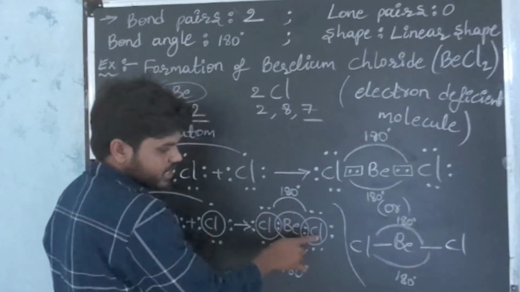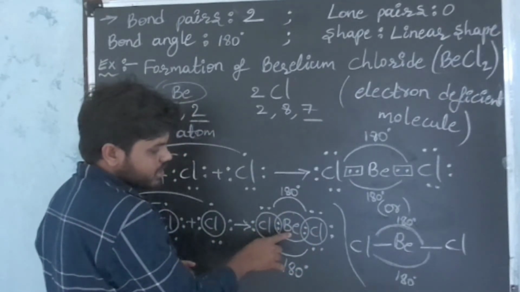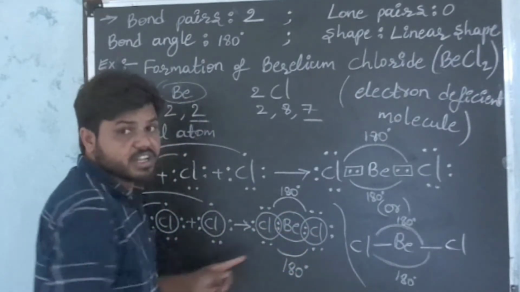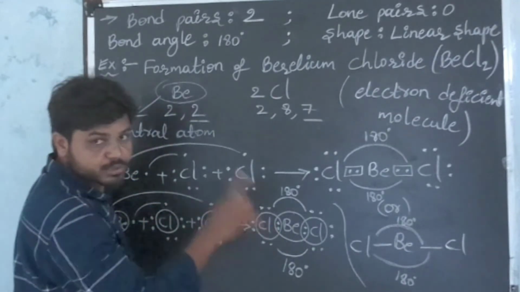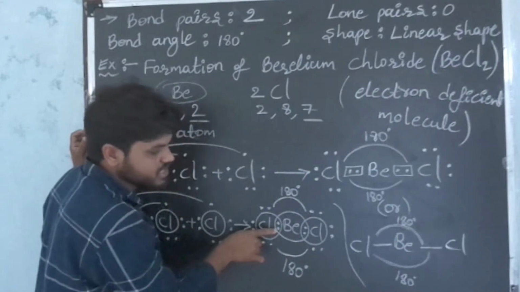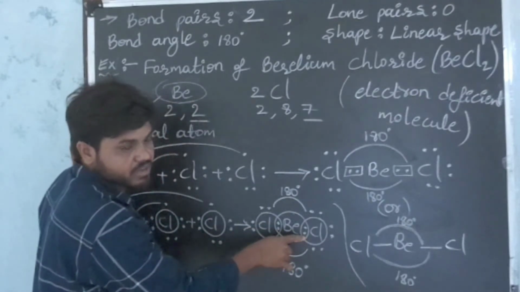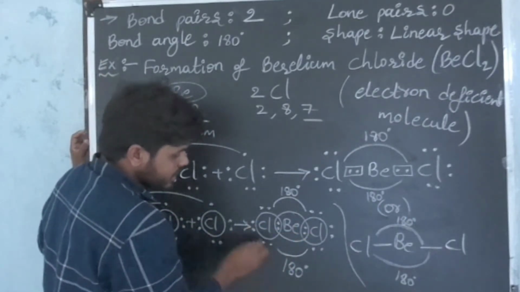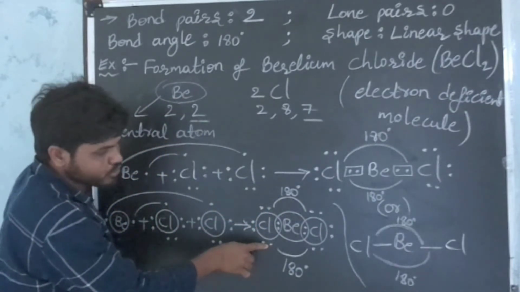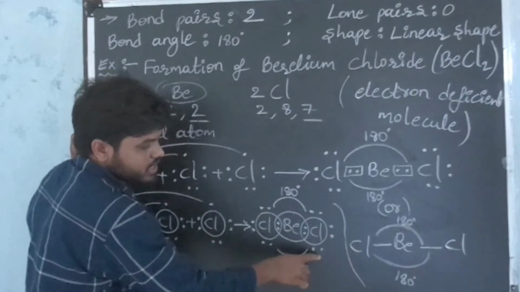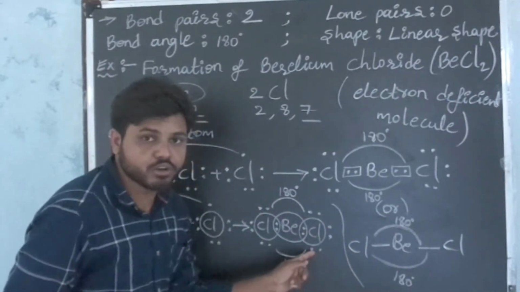Okay, this is chlorine and another chlorine. This is the common area of beryllium and chlorine. In this place are the shared electrons. How many electrons are sharing? 2 electrons. 2 electrons means 1 pair of electrons. I placed that 1 pair here. Here also 1 pair of electrons I placed. Okay, now 6 unbonded electrons I placed around the sphere. Okay, chlorine sphere. Here also 6 unbonded electrons I placed around the sphere.